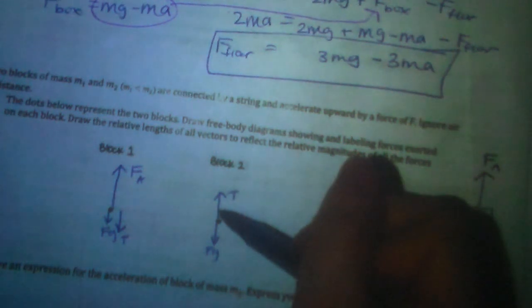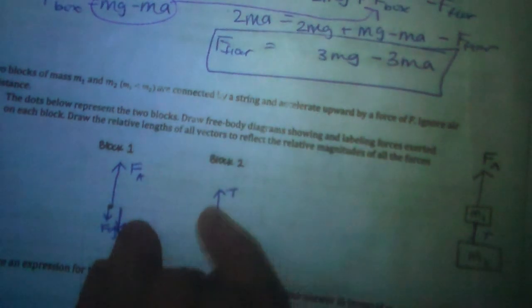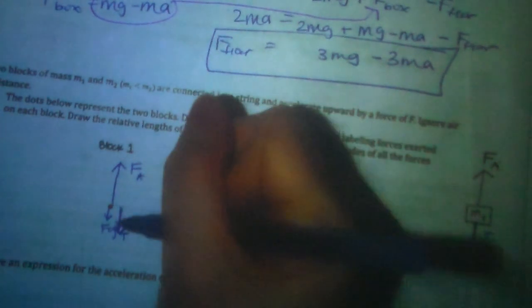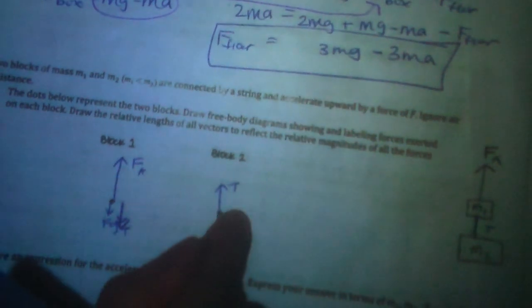Now, this one I made 1, 2, 3, 1, 2. I would need to make that a little longer to make sure that this is the same tension. And then I need both of these to have acceleration up, so greater force up, greater force up. So these two are both accelerating in the correct direction, and I've had these show that they are the same